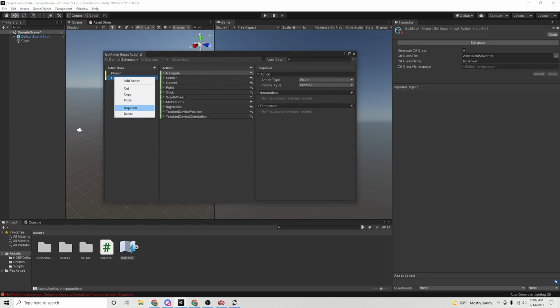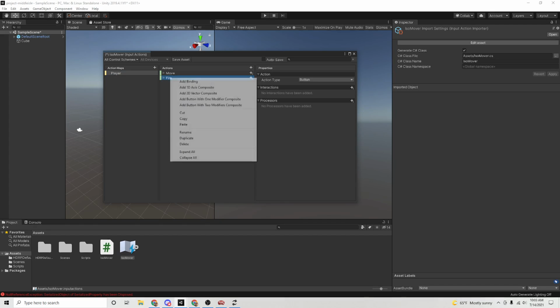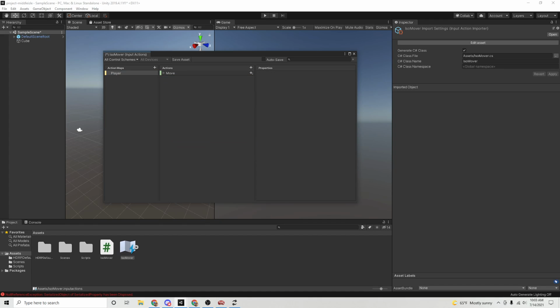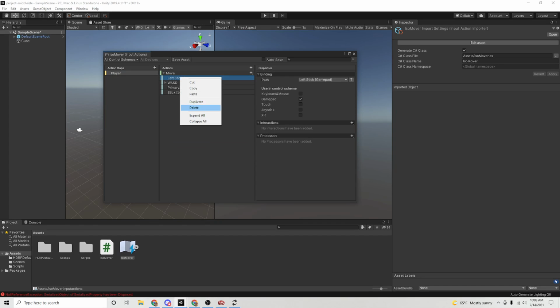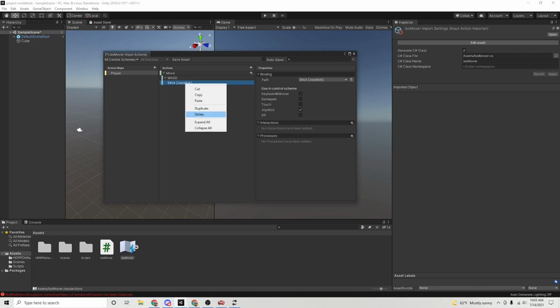And basically, first of all, I'm going to delete everything I don't need. So I'm going to get rid of all of this. I can actually add some of this back later, like for when we're adding mouse controls. We're also not going to worry about gamepad stuff right now. We're just going to worry about WASD, arrow keys,